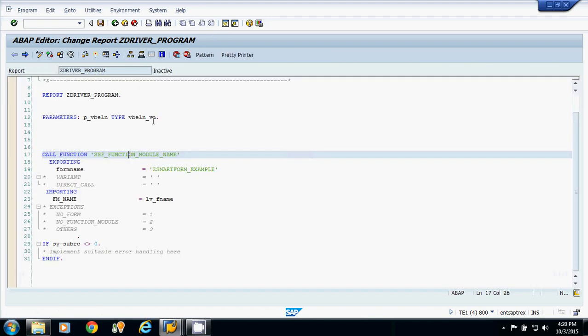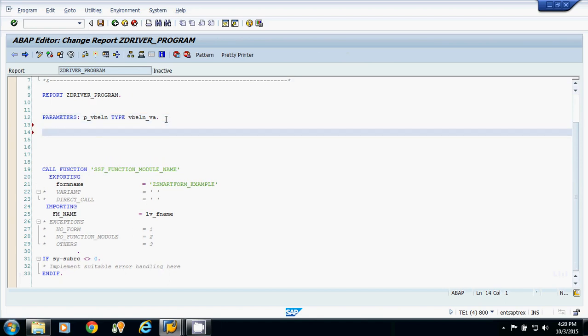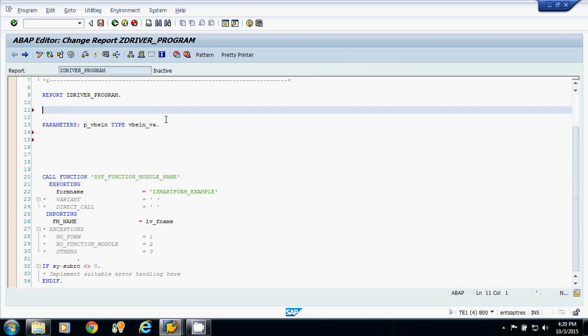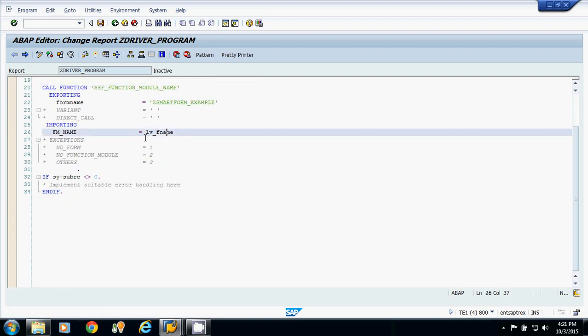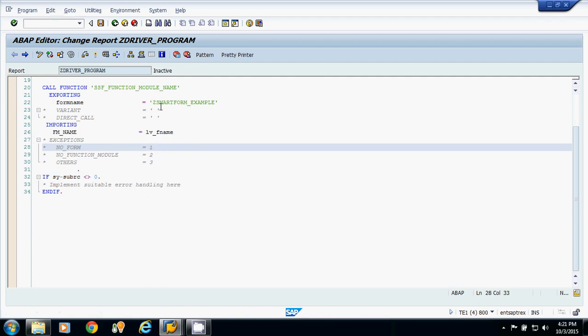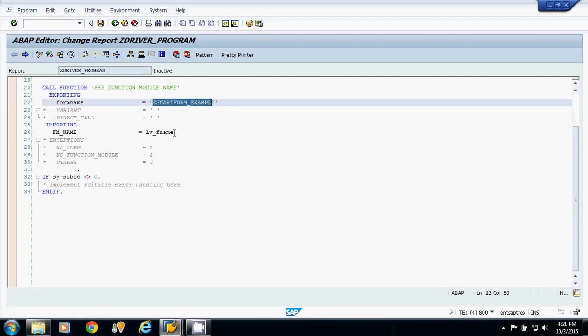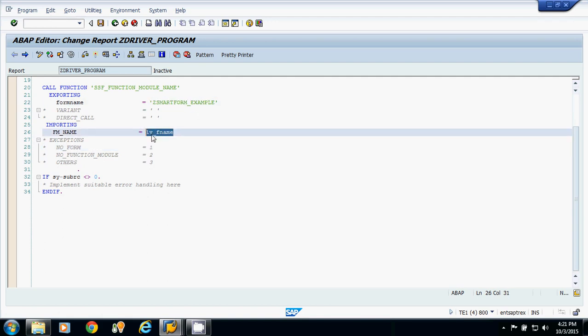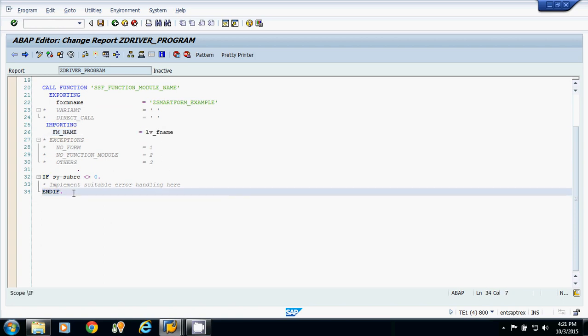So I am declaring one local parameter, LV_FM_NAME, type this. Now I am passing the name here. I have passed the smart form name, and this variable will give me the function module of this smart form.